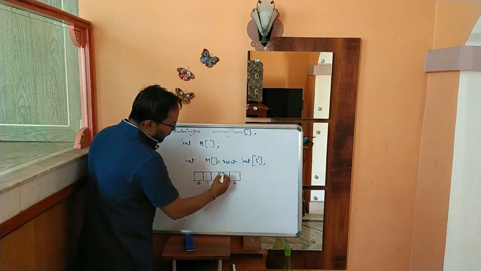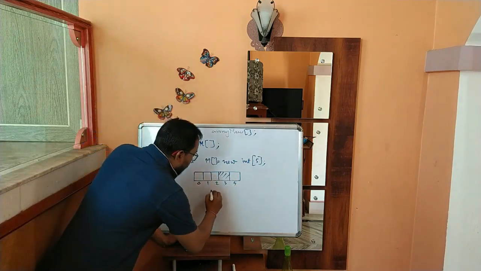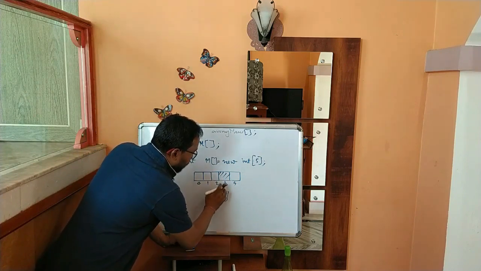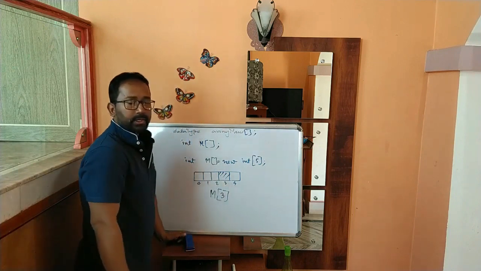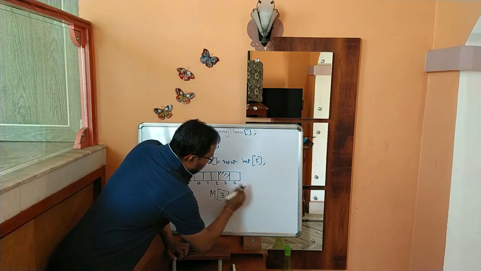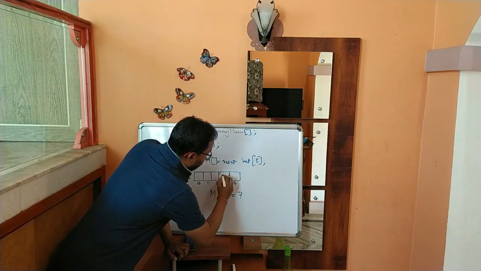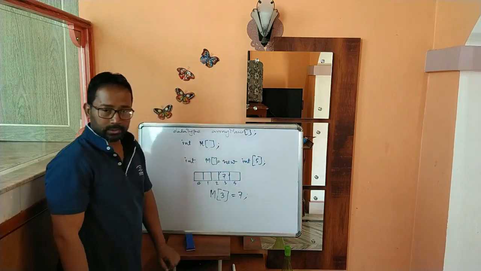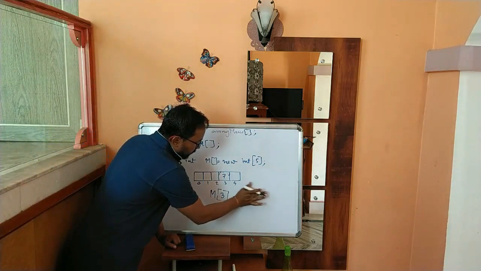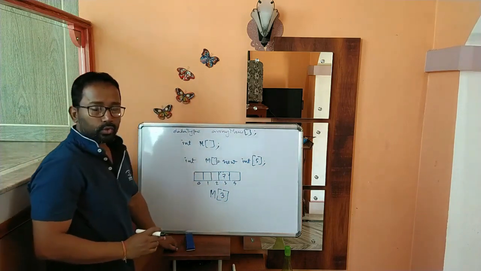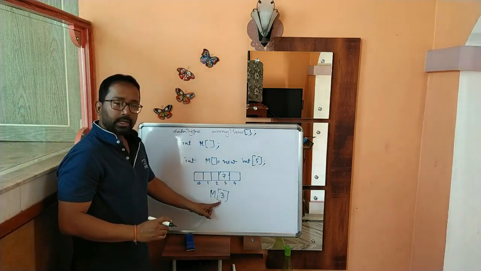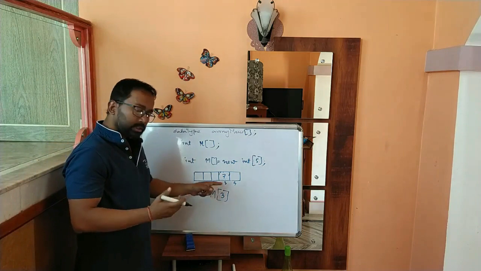Now any element we can access. How? By the array name followed by the index number in square brackets. The array name was m, the index number is 3 in square brackets, m[3]. That means this element. Now here you can store a value like 7. So 7 will be stored here, which can be updated afterwards. Or you can access this array element to use in any expression. Like to print the value of this element, you write m[3] in println, or in any calculation.